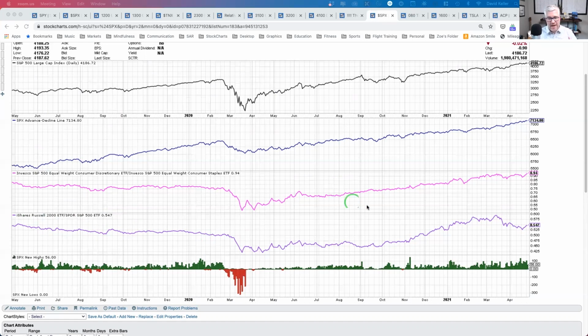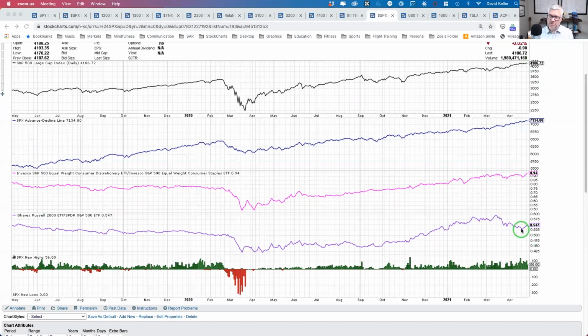So while each one of these on their own does not tell you the whole story, combining them together sort of paints the overall mosaic. What you're seeing here is recently the S&P has gone to new highs, but you can see that the small cap stocks have been underperforming.